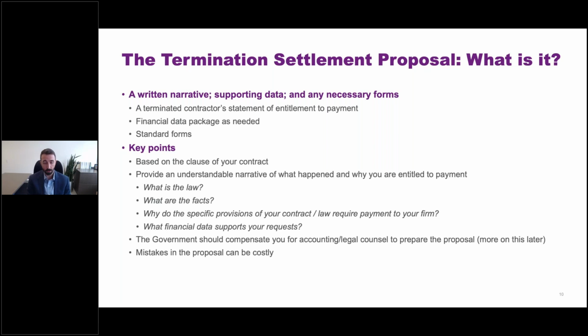You ideally want somebody to read your proposal and go, I understand why the contractor wants each item of cost they're claiming. And you also want that person to read it and go, I understand why the number they're claiming makes sense. And the why on the number is generally about the financial data. What are your costs? How were they recorded? How do we know they're right? The stronger position you can put yourself in there, the better off everyone is going to be in reaching a settlement without a dispute.